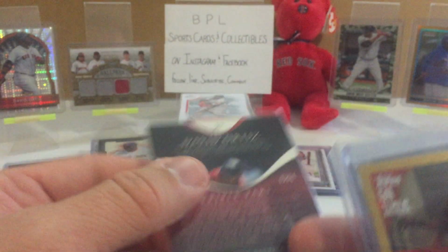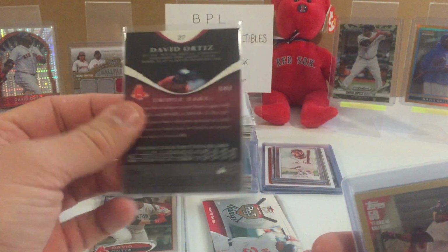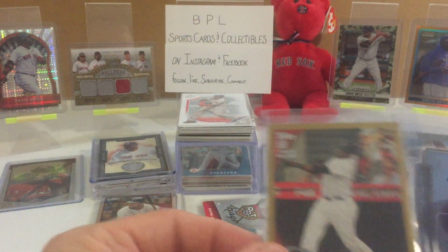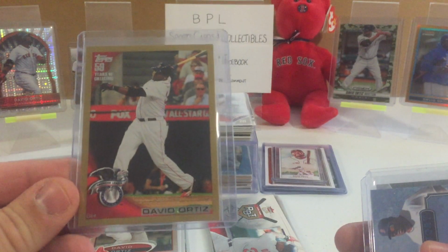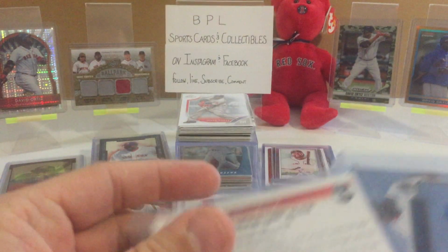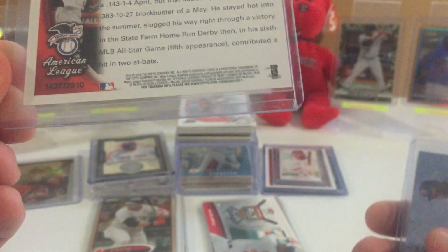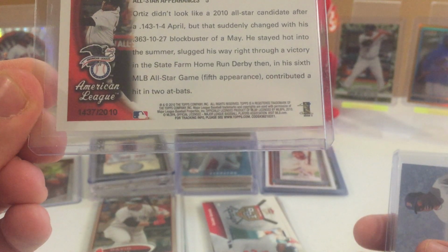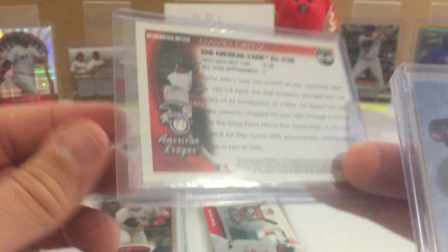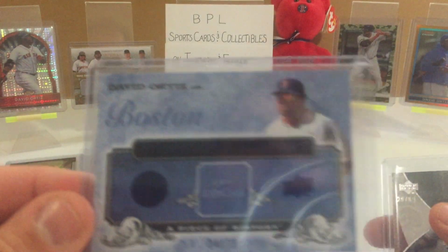And that was tough to see. 2009, and then we have a Topps Gold. Gold's always numbered, and that was the update series in 2010. 1437 out of 2010. Here's the only card that I have that is numbered for his jersey, and this was